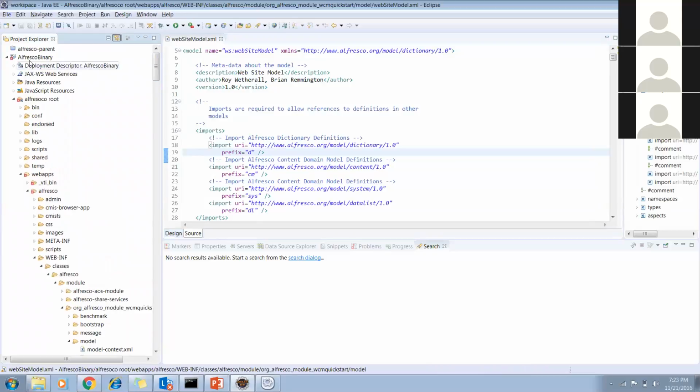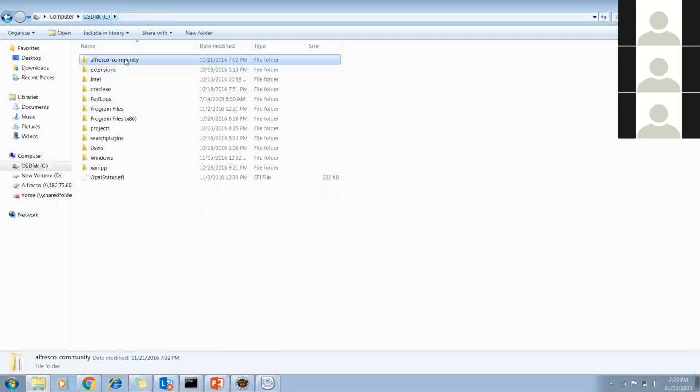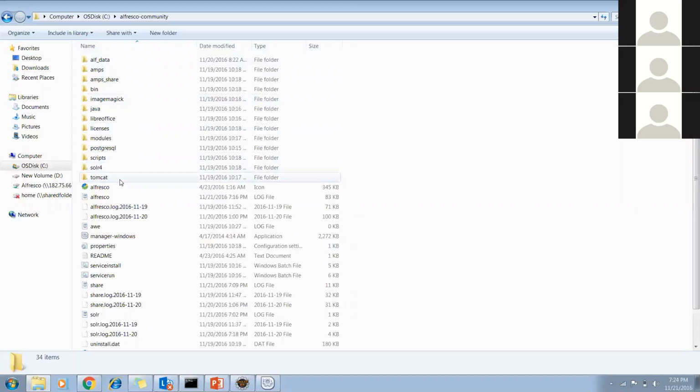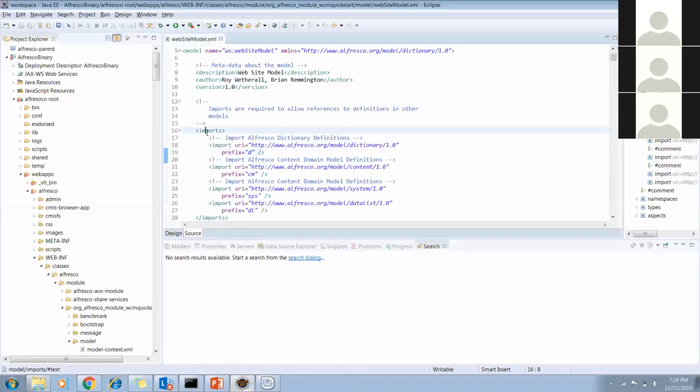So what I will tell you is simple. I haven't done any configuration. I will tell you how to set up the development environment. This is not the exact development environment; if I go to write Java code, I can't do it yet. What I did is I installed Alfresco in my C drive, and this directory I have mapped with my Eclipse.